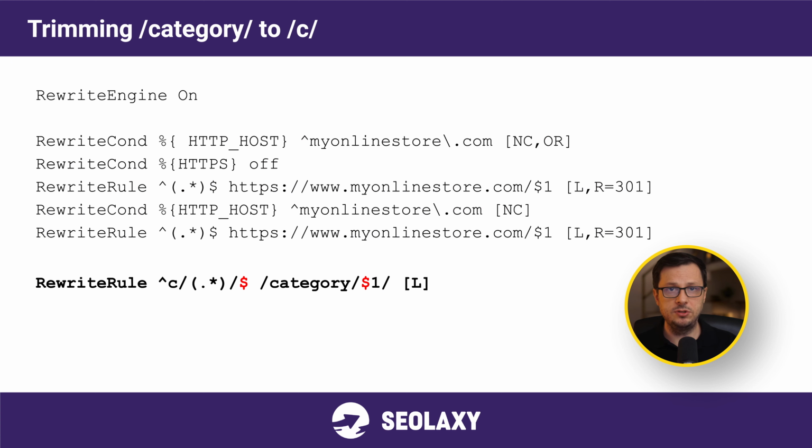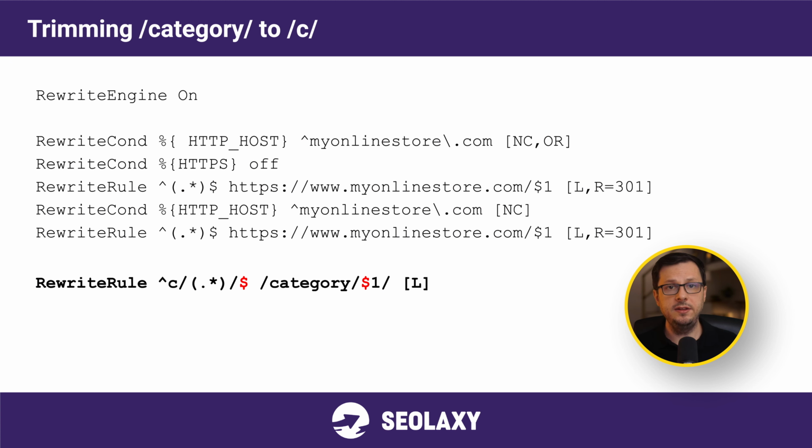The $ sign is used in the substitution to refer back to parts of the URL matched in the pattern. For example, $1 represents the first captured group from the pattern, which also allows us to append whatever comes after the unique identifier in the original URL to our rewritten URL.